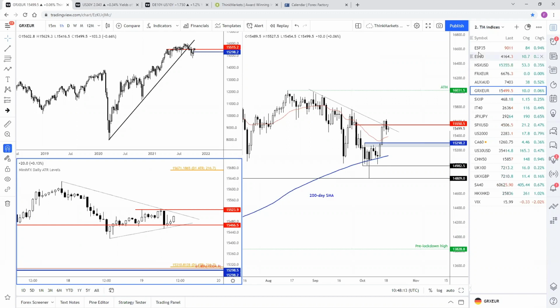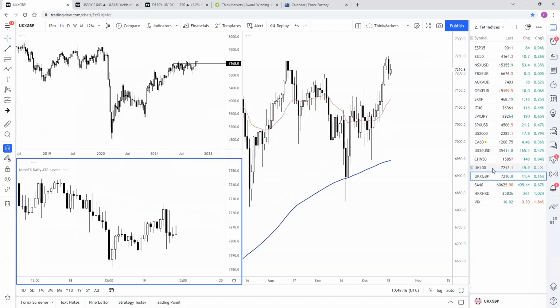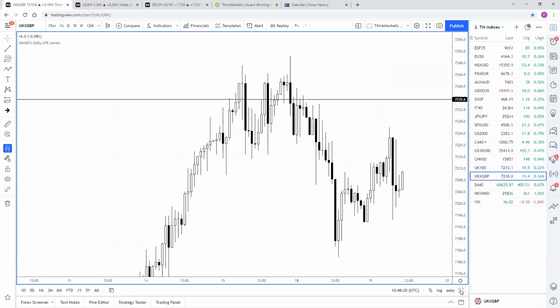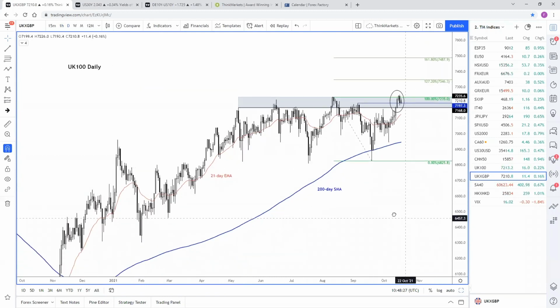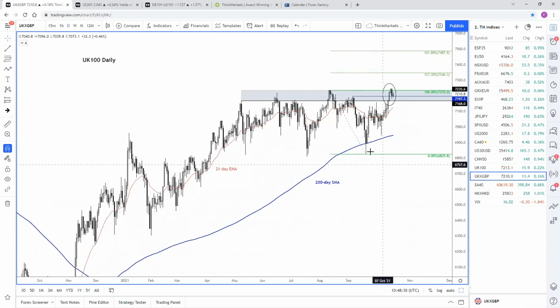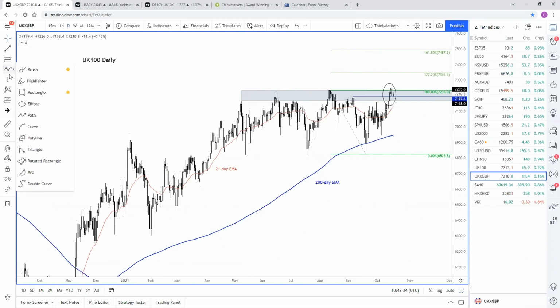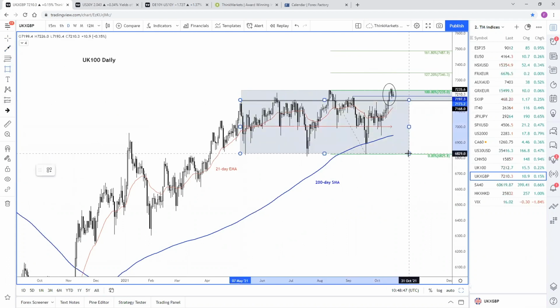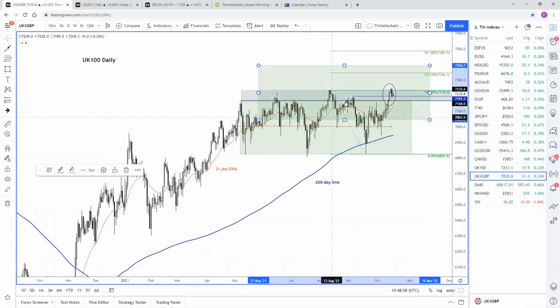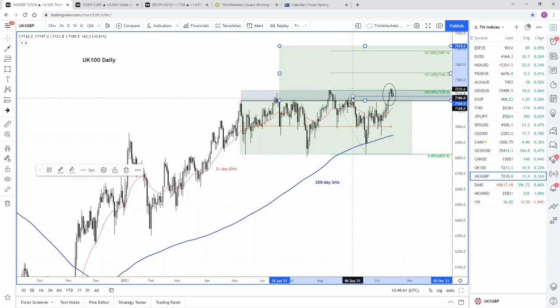Speaking of indices, one particular index that's catching my attention is the FTSE 100. The FTSE has been one of the most boring indices out there, and the reason I'm looking at it now is because it's done something that looked a little bit unlikely a few weeks ago. It's broken to a new high for the year. It came out of the consolidation zone it had been stuck in for the last 6 months. If I put a box around this zone, this was the bulk of the consolidation zone. And if I duplicate this and put another box here, the fact that we've broken above it means that if we can hold the breakout,